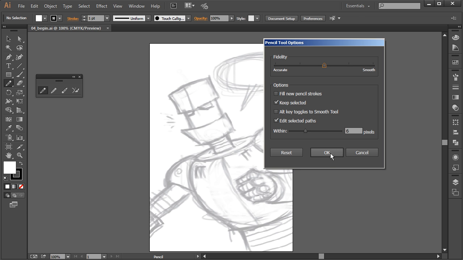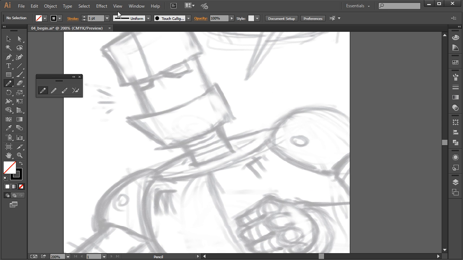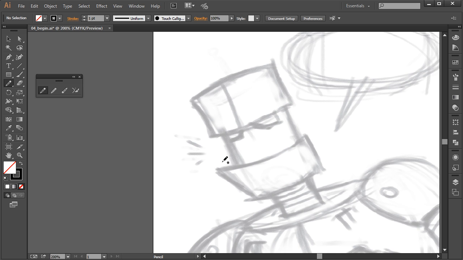So let's hit OK. Now remember, I was saying that if we have the stroke, something different. So let's have maybe even 12-point for our stroke, and instead of uniform, maybe we'll have something like that. But when I start to draw, it's only 1 point instead of uniform, because that is the default setting, and we can't predetermine what that tool is going to do. So let's go ahead, and we're going to start by